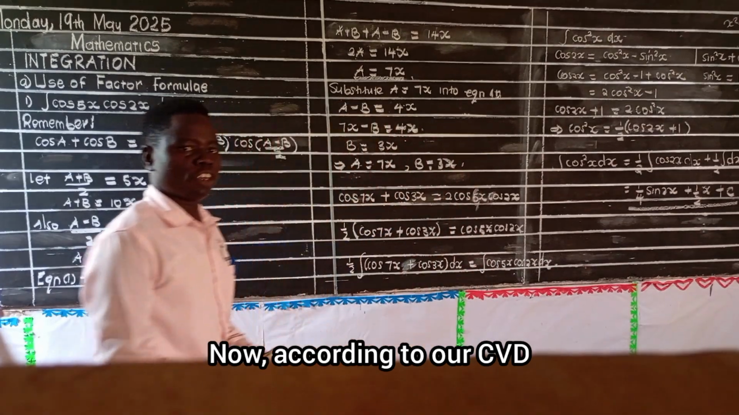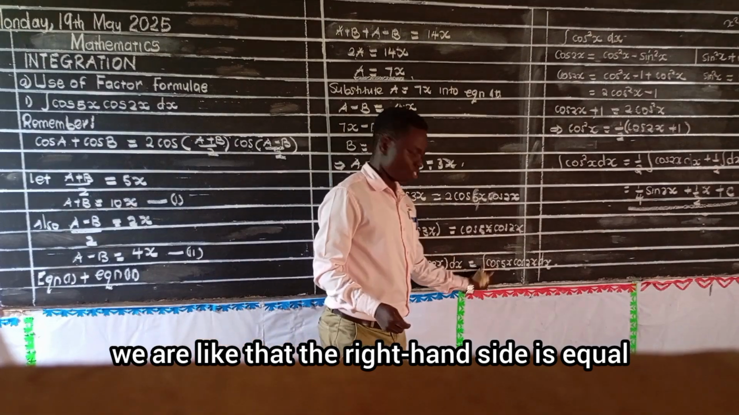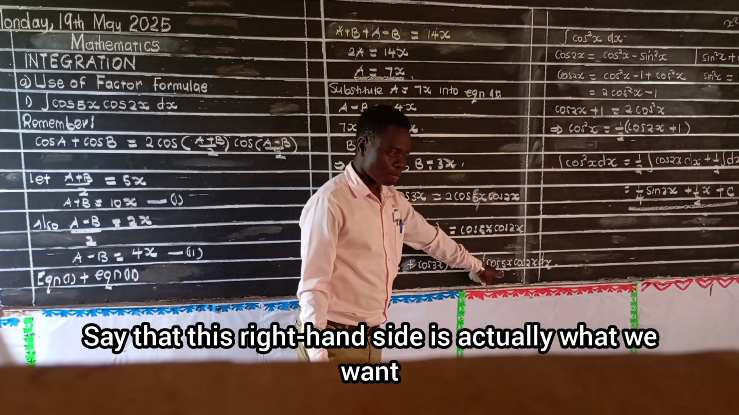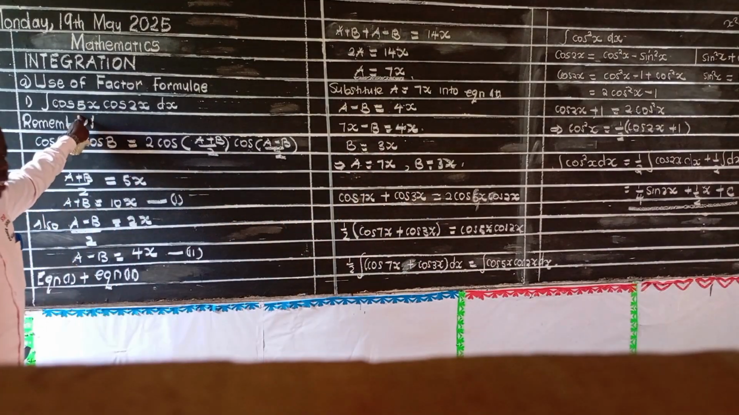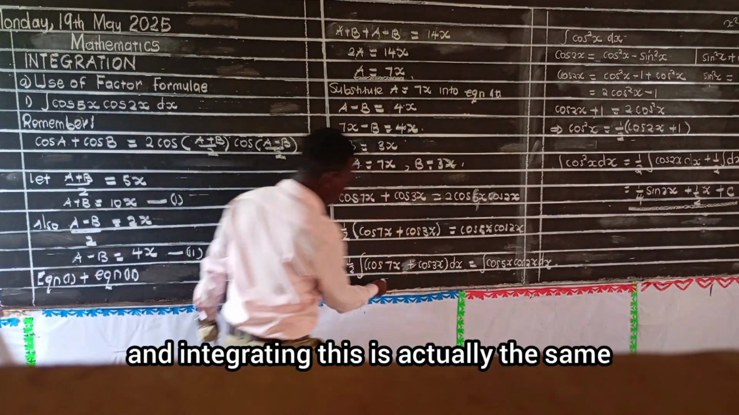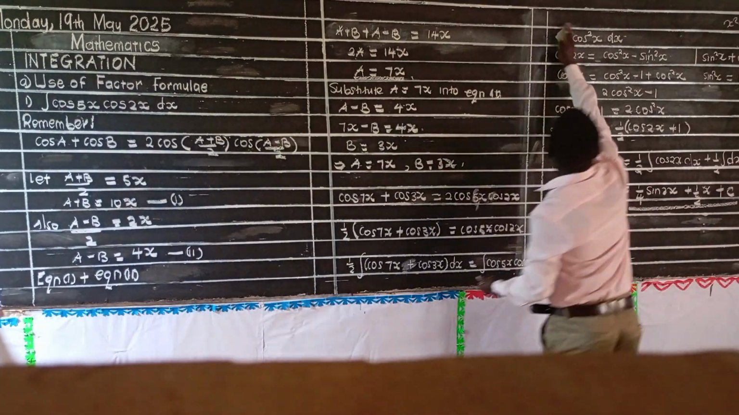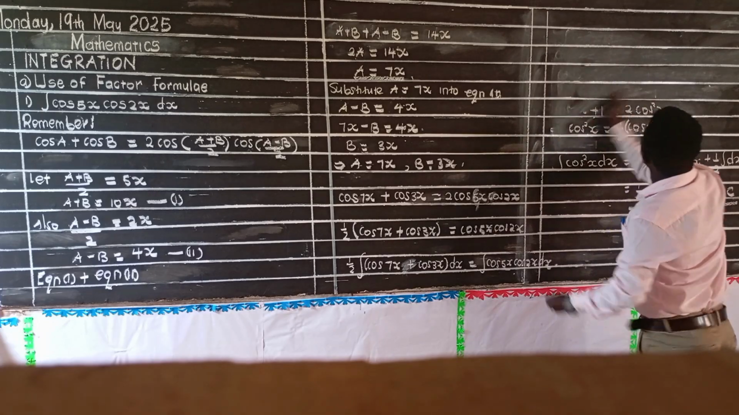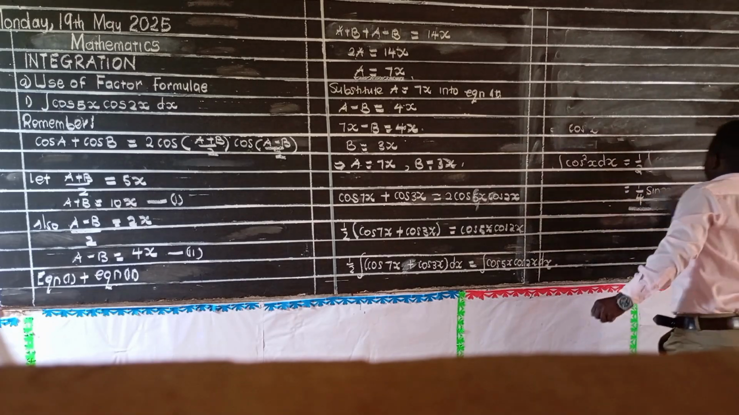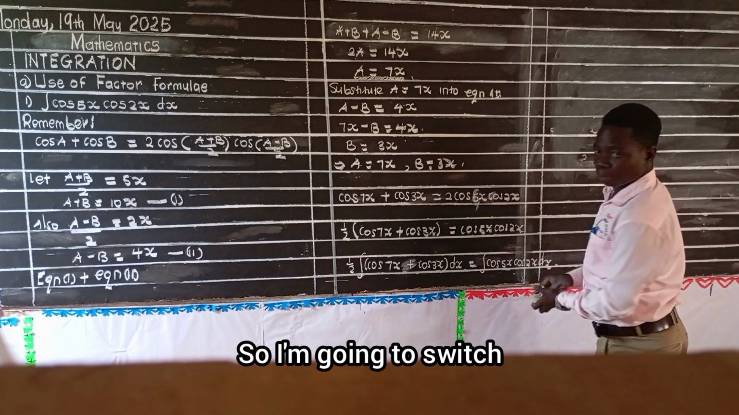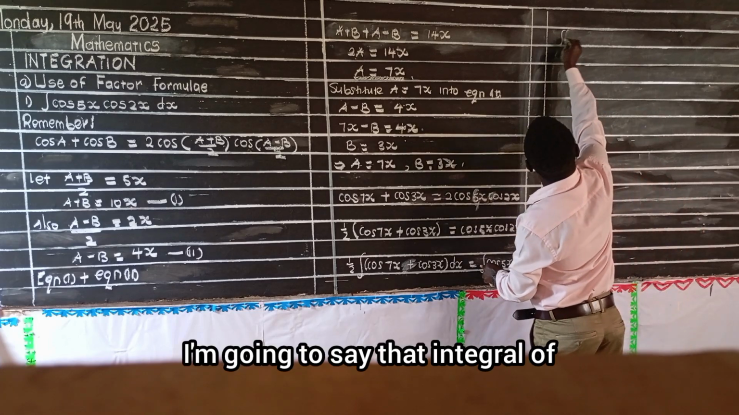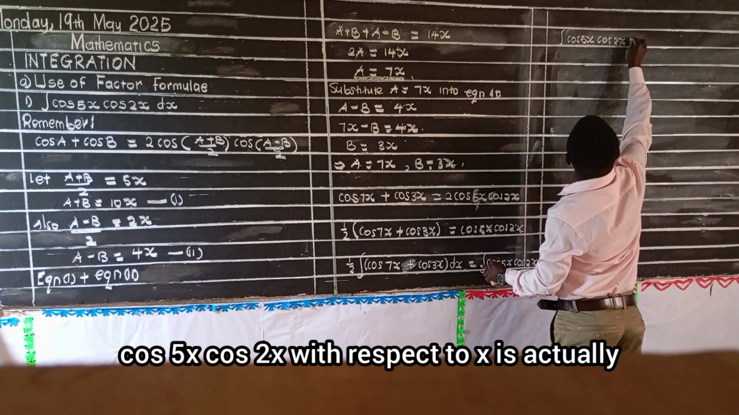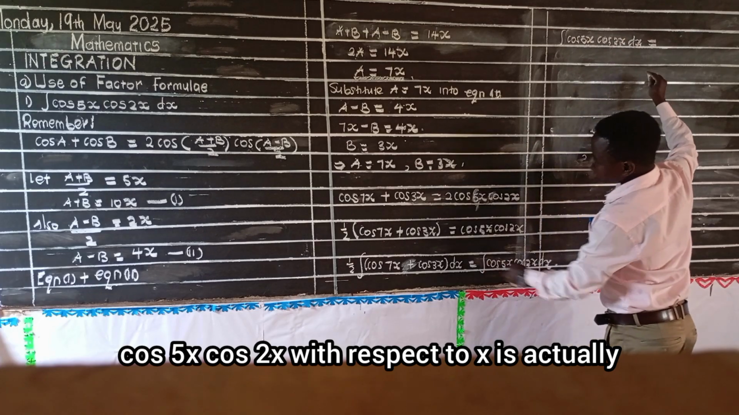Now, according to transitivity, we realize that the right hand side is equal to the left hand side, so we can switch that up. This right hand side is actually what we want. Therefore, integrating this and integrating this is actually the same thing. So let us proceed. I'm going to calculate that the integral of cos 5x cos 2x with respect to x is actually the same as